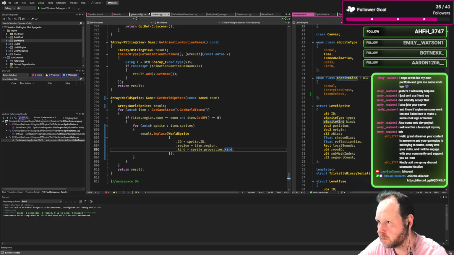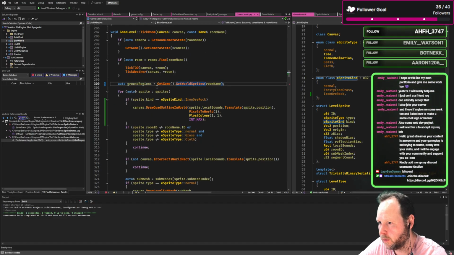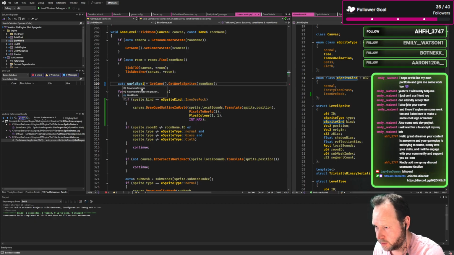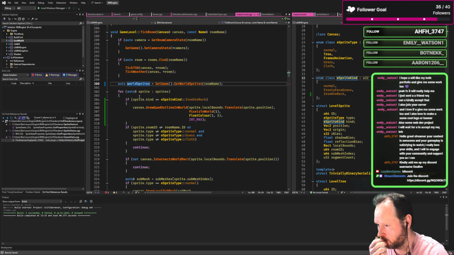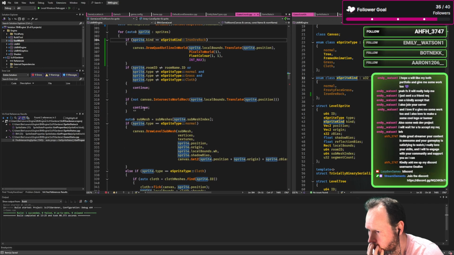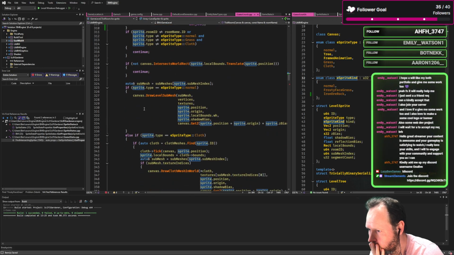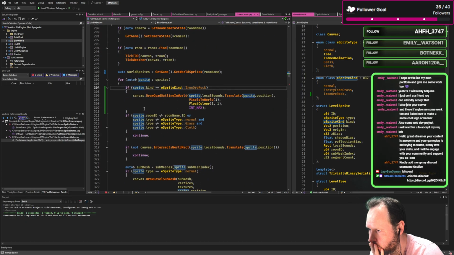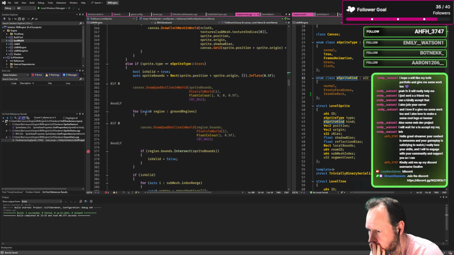Okay, so in the game level now, so this is the world sprite. If we want to know, so world sprites,